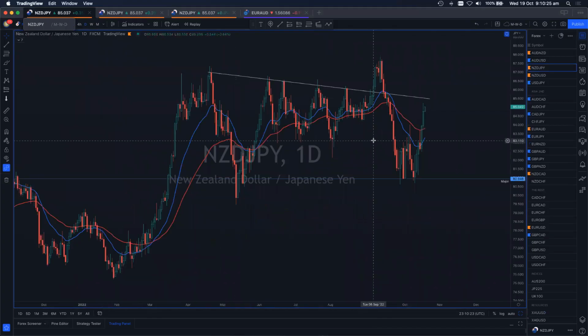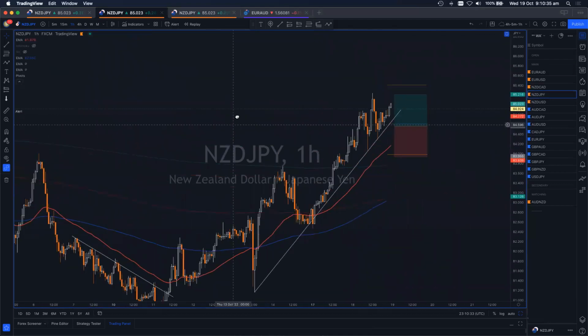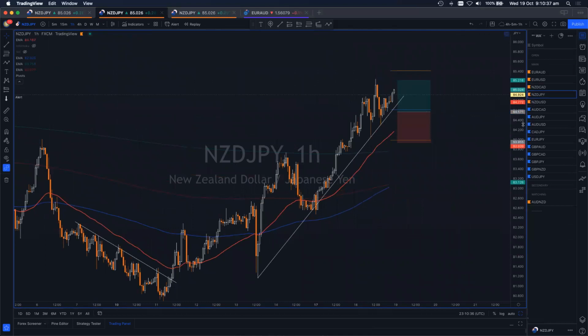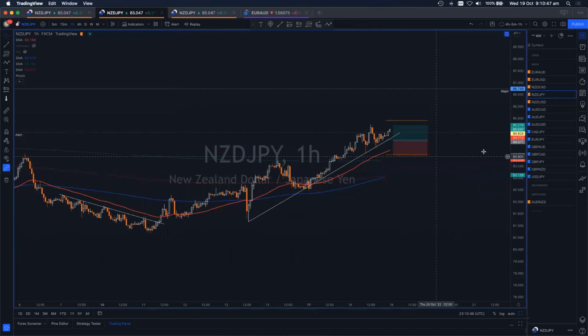Okay, let's have a cleaner one, Kiwi yen. Another bullish day yesterday, another trend line on the daily, and there's room to the trend line. And this is what we have on the hourly chart. So what do we have? We have, okay, strong uptrend, pretty good trend line, and maybe we have here